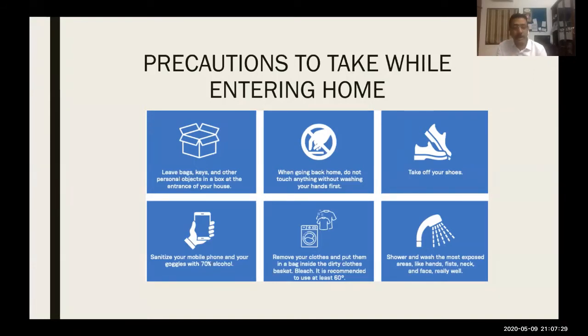Just simply remove it. And in my practice, I'm planning to keep a washing machine itself. So as soon as we remove the scrubs, I want them to be dipped in 1% sodium hypochlorite, left for 10 minutes, and then straight away they go into the washing machine and then into a drying cycle, and that's it. It should be done that way. So these are the precautions which I suggested.